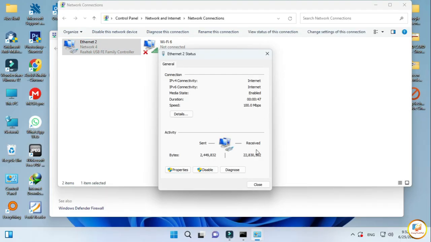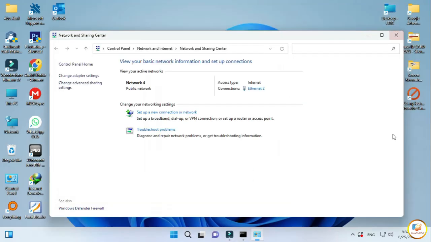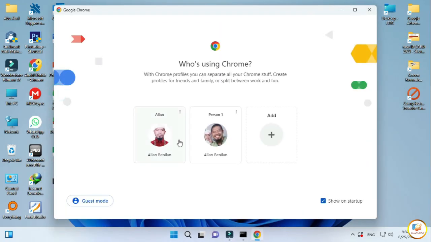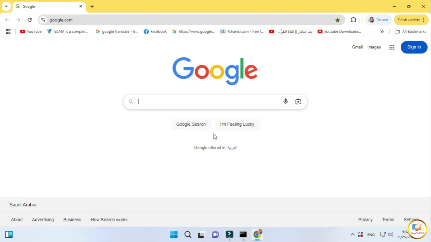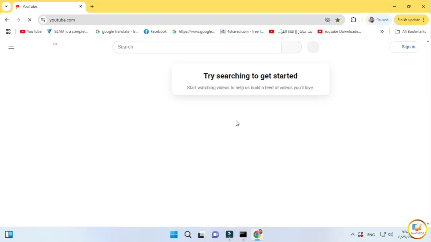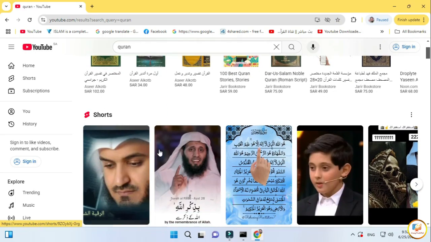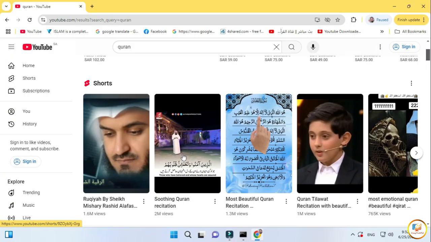So there is internet. Now we check Google. So alhamdulillah, guys, our access point is working.